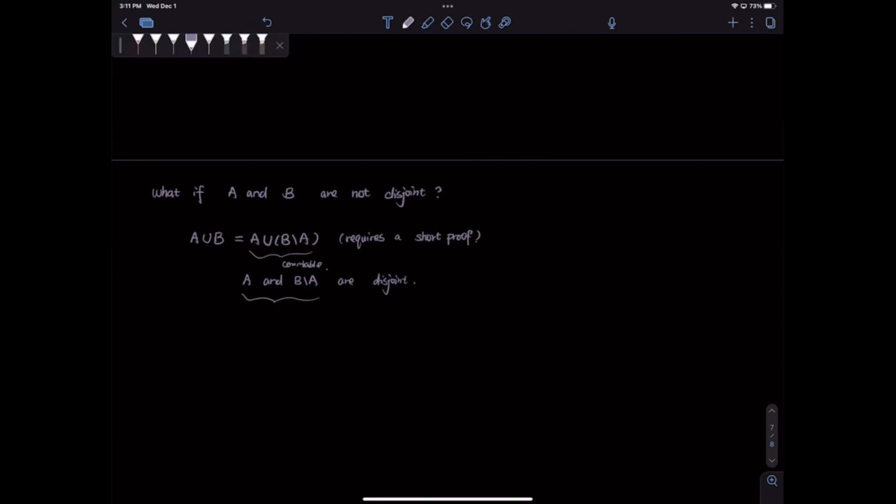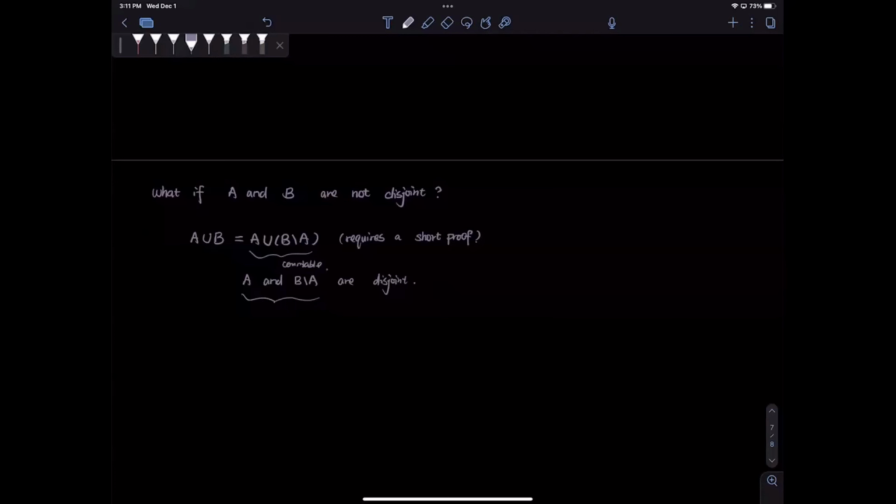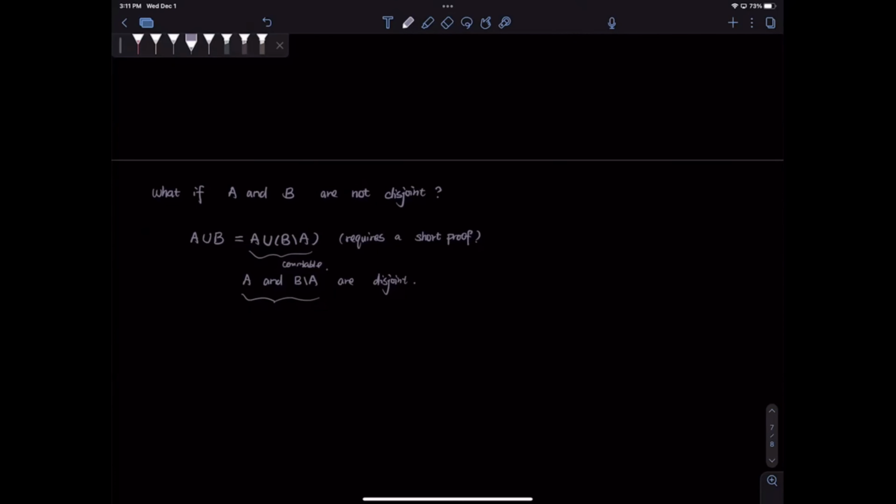Set identities are not bad. They really are not bad. Okay, I think